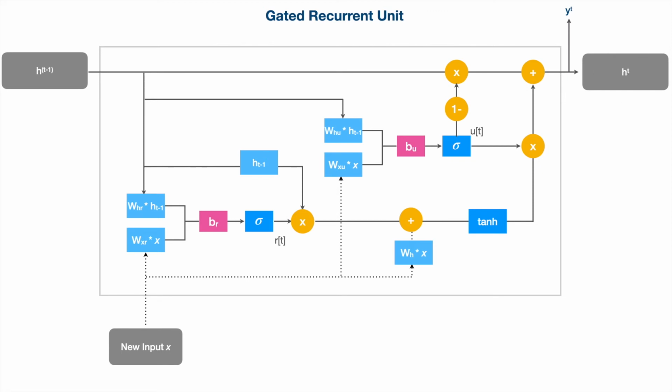Now this is the simple architecture of gated recurrent unit. There is some similarity with the LSTM network, but it's not actually similar. There are noticeable differences here. First, there is no cell state, and second, hidden state is used in multiple operations to form the next hidden state, thereby preserving some of the information to the next cell state.